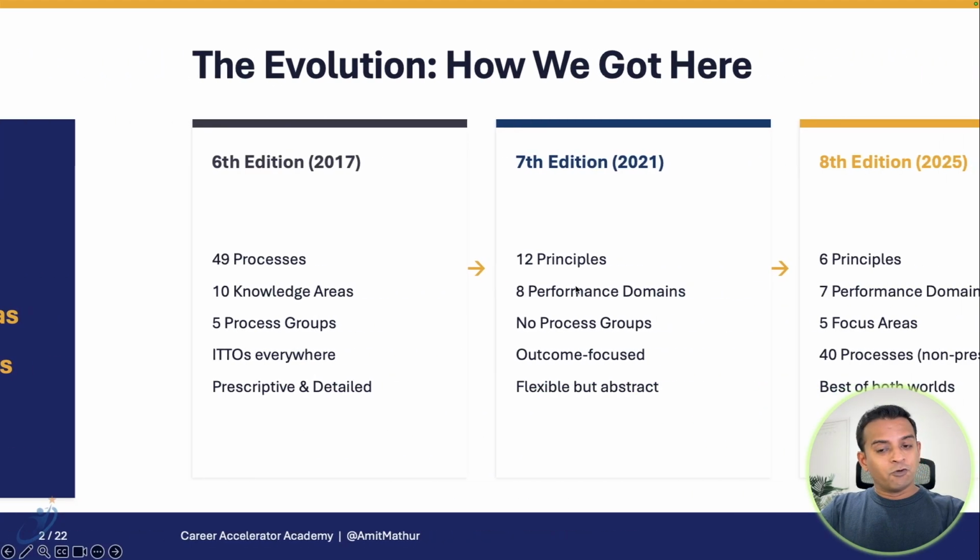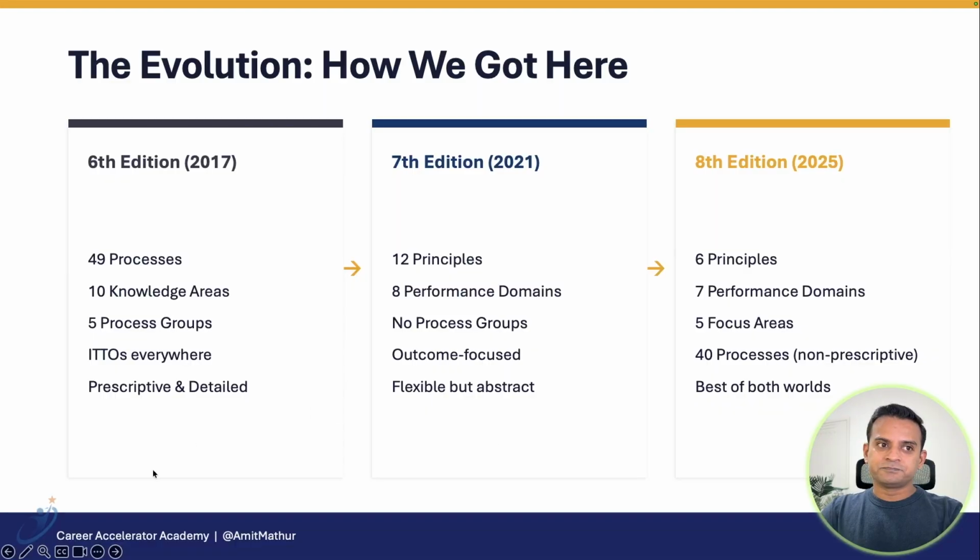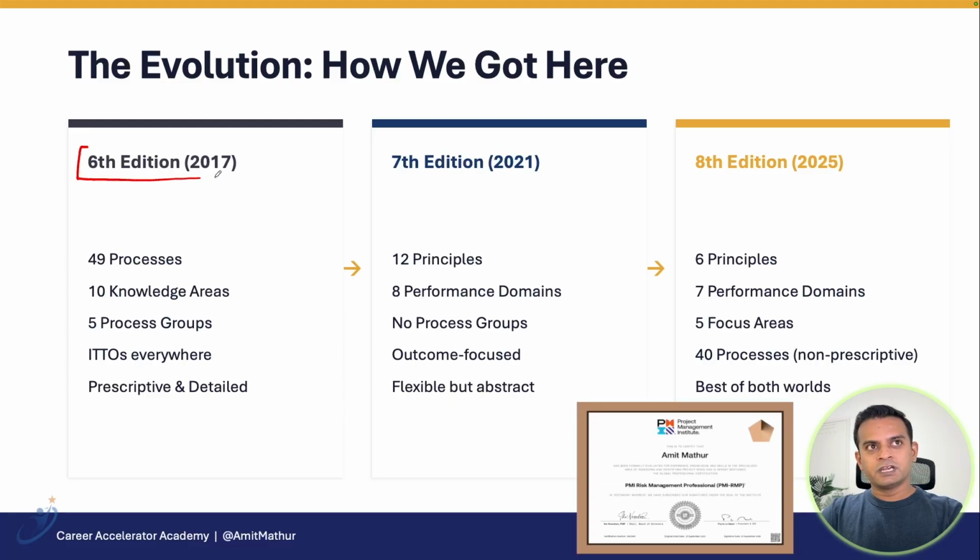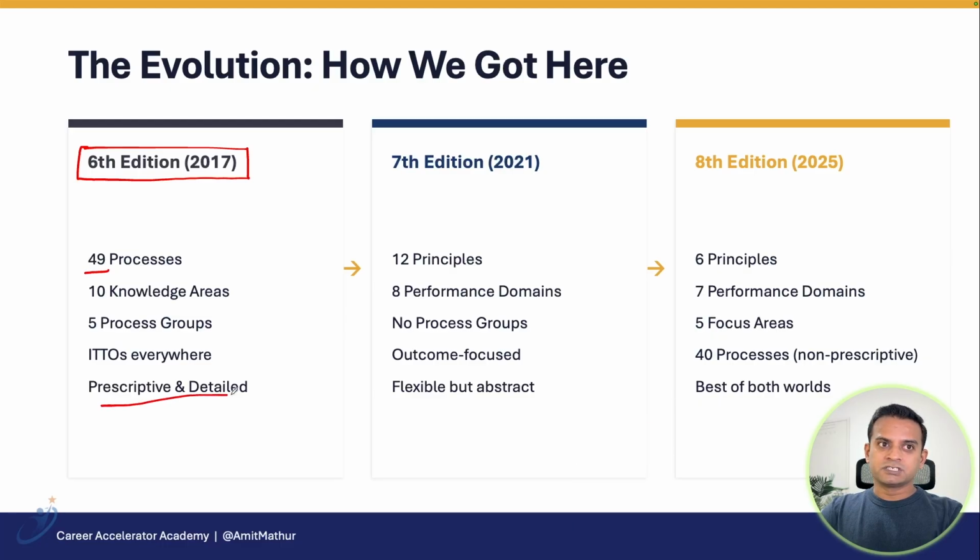Moving on to the evolution, which is how we got here. By the way, I gave the PMP certification when it was following the 6th edition 2017 format. At that time, there were around 49 processes. A lot of memorization, prescriptive information and detailed information was required during this time. Then they had 10 knowledge areas, 5 process groups, and the ITTOs were everywhere. Every process group and every knowledge area consists of ITTO, which is the inputs, tools and techniques and